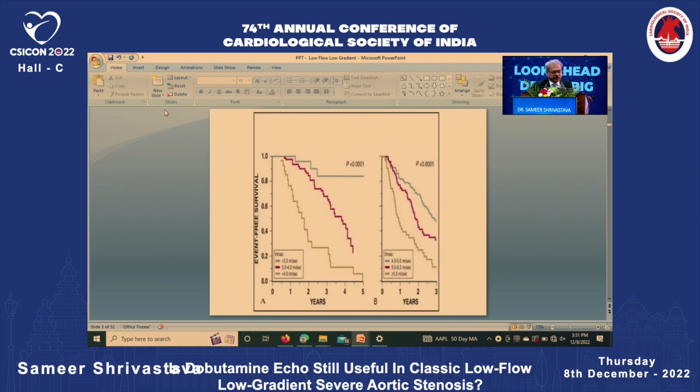Now, why is it so important? Because once you have that kind of a low flow, low gradient, the lesser gradient does not translate into survival benefits. We know from this study that the larger the gradients, the lesser the survival. But what if you don't get large gradients? It could be for non-technical reasons also. And this is one of the reasons that in a poor LV, there is a contractility issue which upsets the whole phenomenon and goes on to low ejection fraction, not giving enough pump from the